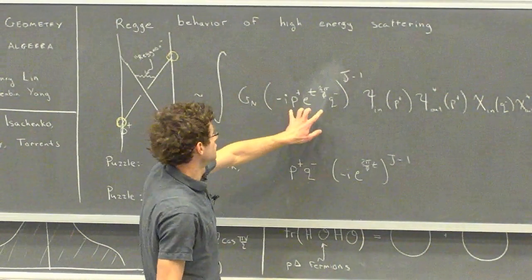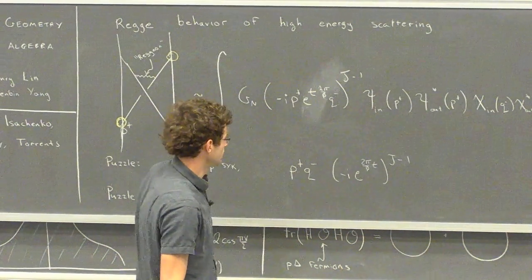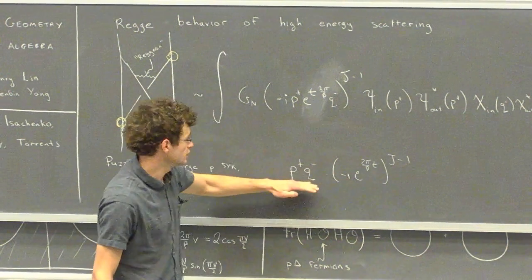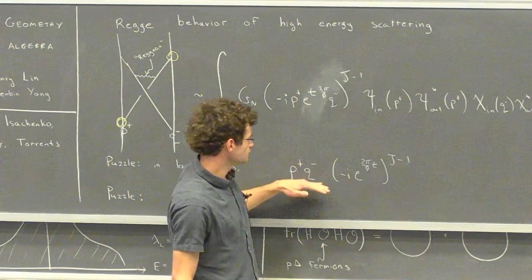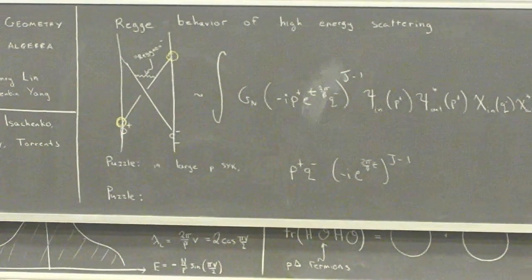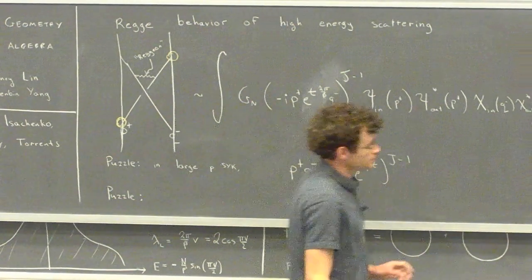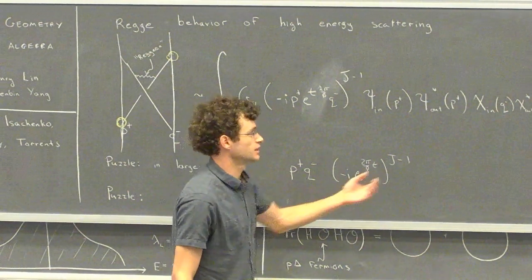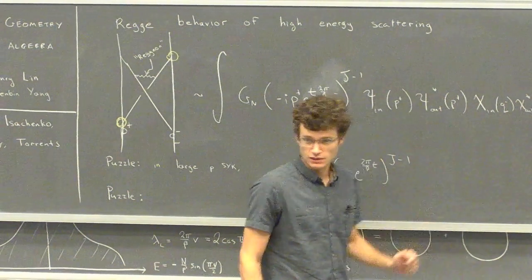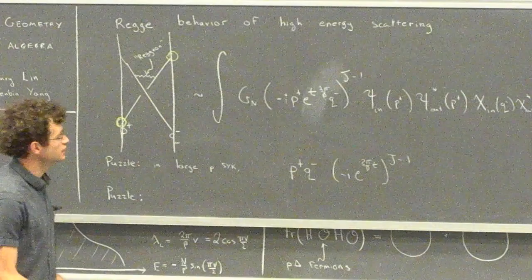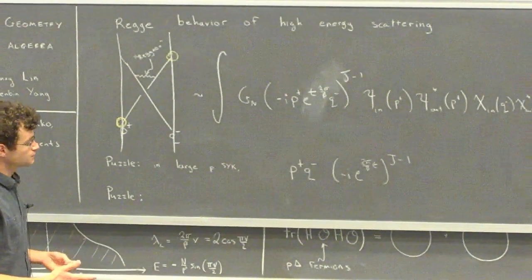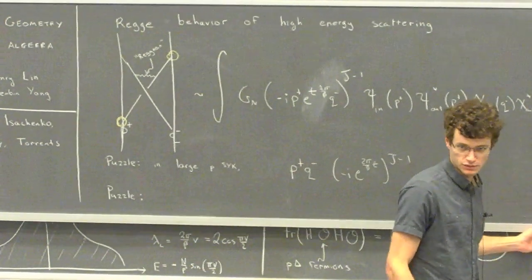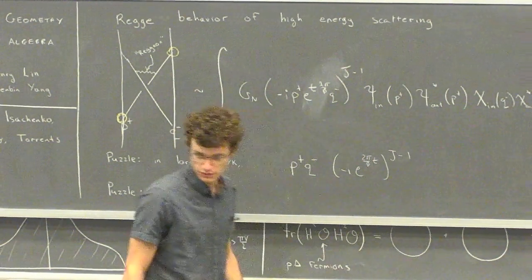So instead of raising this whole expression to the power j minus 1, we only raise this part to the power j minus 1. We do not transform the momenta in that expression. And that looks very funny. It looks very funny because from this perspective, the transformation of momentum under time translations is fixed by the symmetries. So it looks like this expression in large P SYK is somehow violating our expectations for how the symmetries act. And trying to understand that will be one of the puzzles that we're trying to resolve.